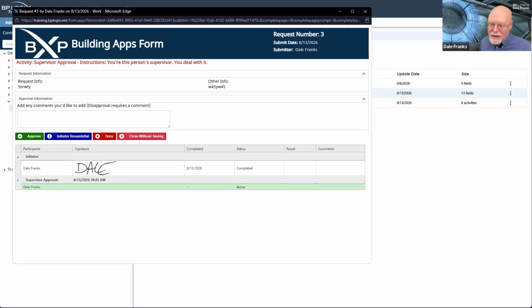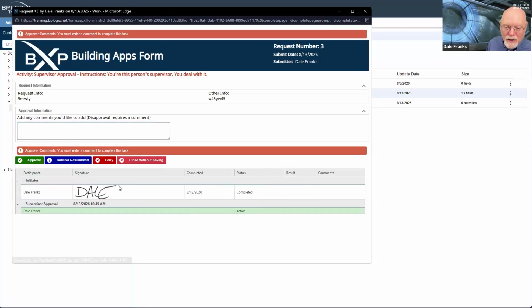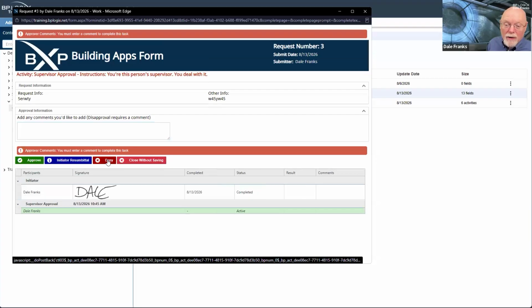You have to test all of these different scenarios, as tedious and inconvenient as it may be. So we now know initiator resubmittal doesn't work. Deny should now not work. It does not work. So we know we're good with that.